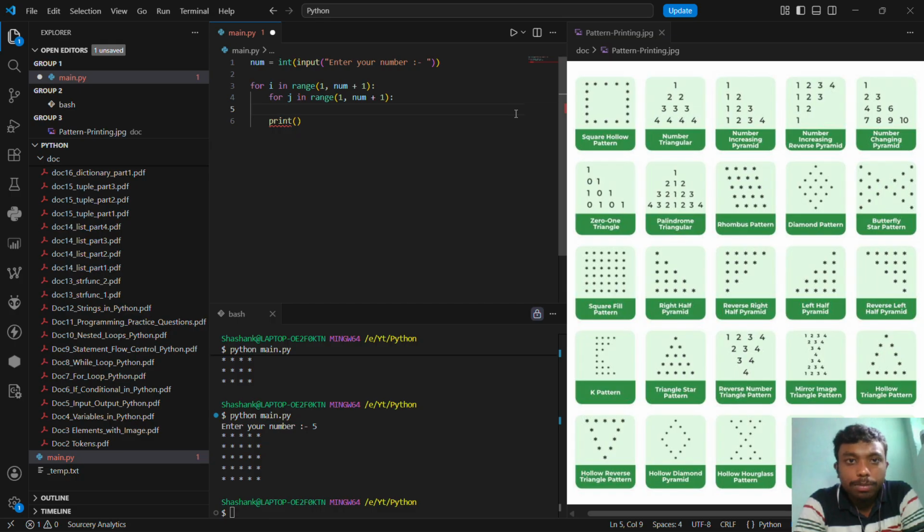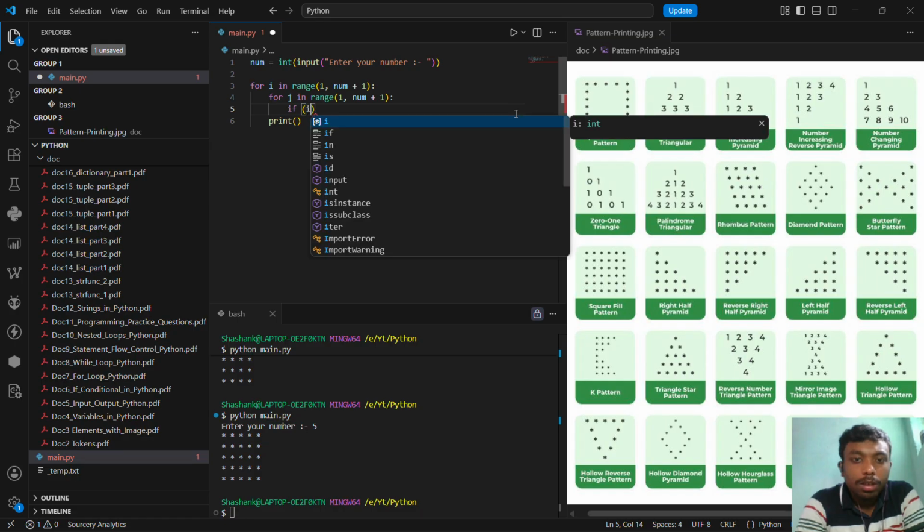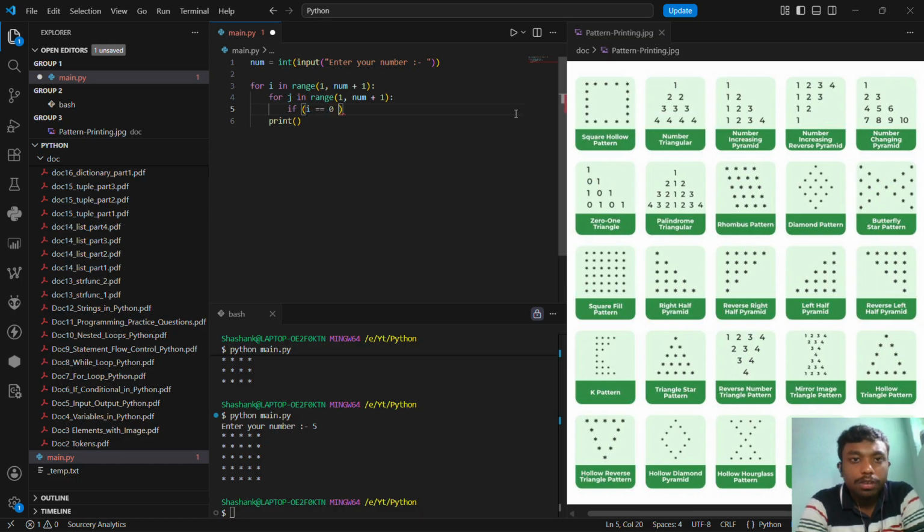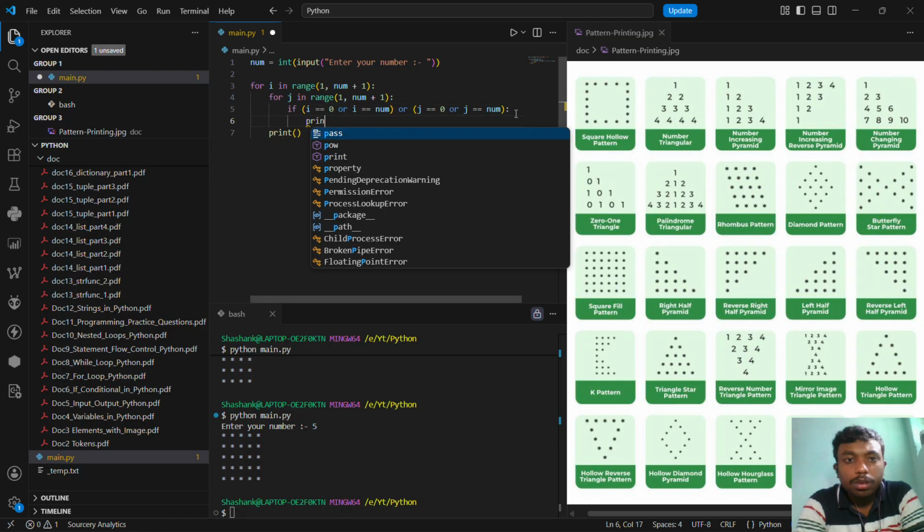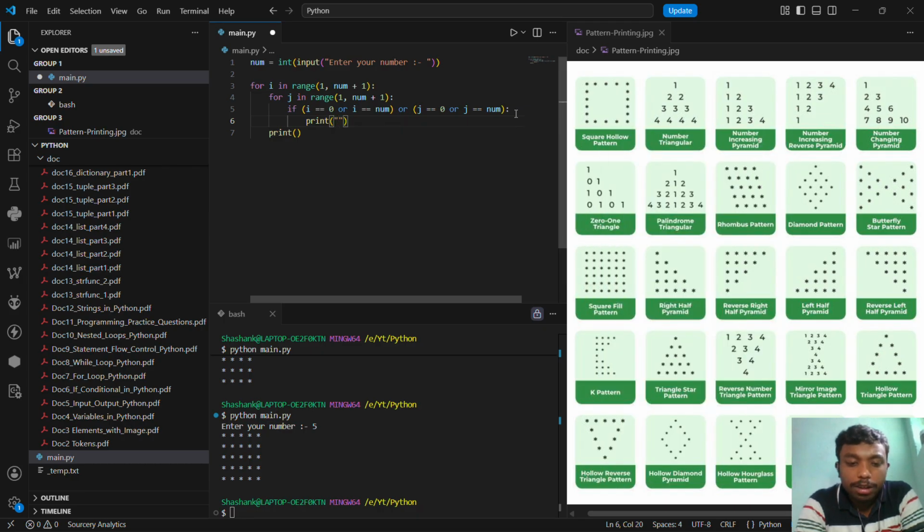So our first condition: if i equals 0 or i equals num or j equals 0, j equals num, we are going to print star